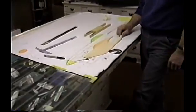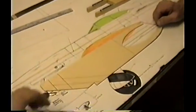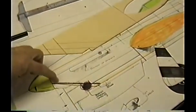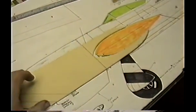Mike today is doing a little modification. These are the plywood doublers that come in a Cardinal kit. He tack glued them together with CA. And we're going to make an 8-inch nose, exactly the same as the Typhoon, because this plane is slated to